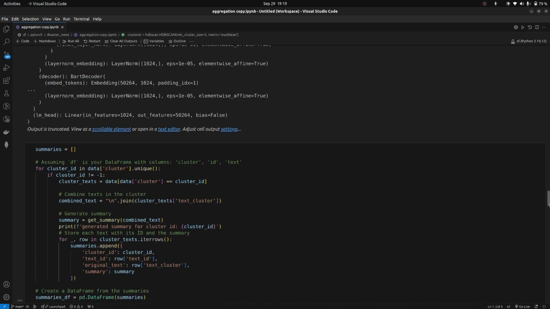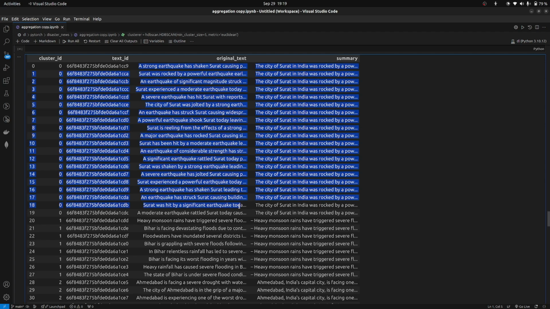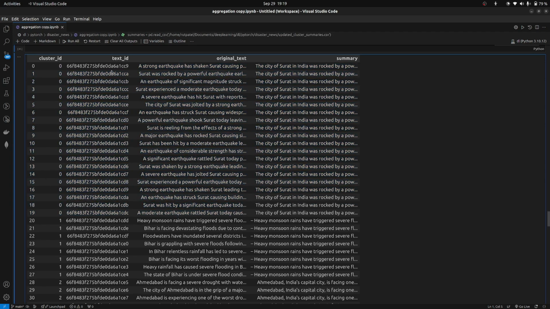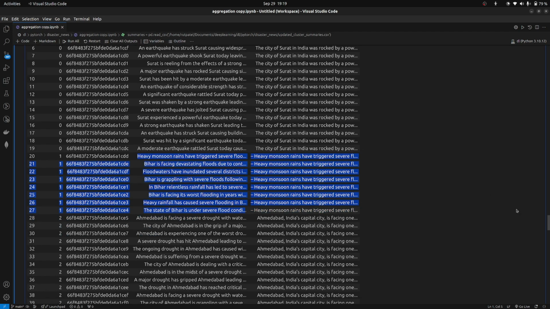Once we have done that, we use a summarizer and extract a summary on the basis of all of those articles. All of the articles of cluster 0 are used to extract a one-line summary. Similarly, all of the articles of cluster 1 will be used to get a one-line summary, and similarly for cluster 2 as well, and so on for as many clusters as possible